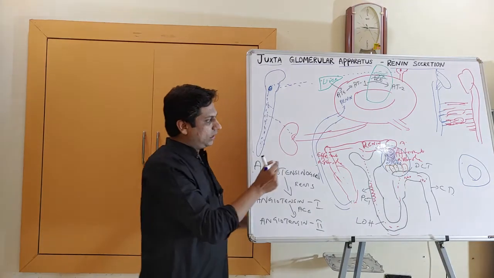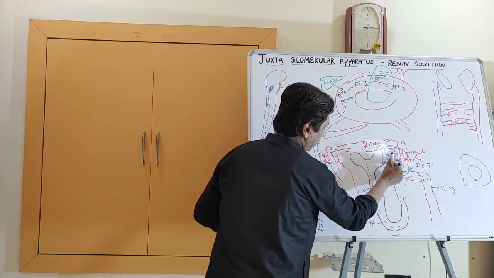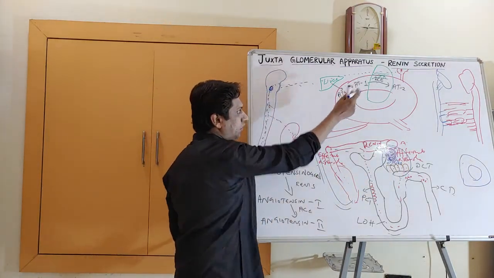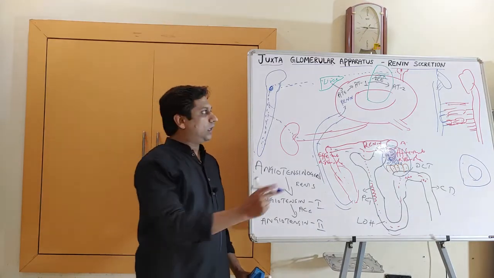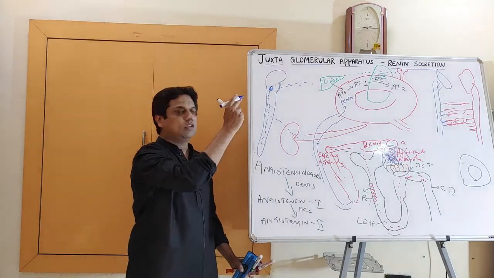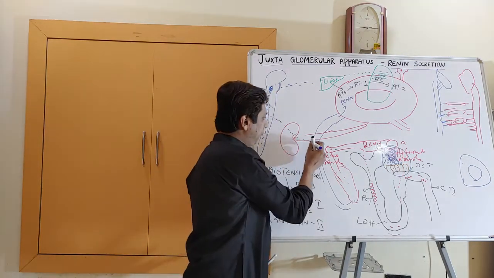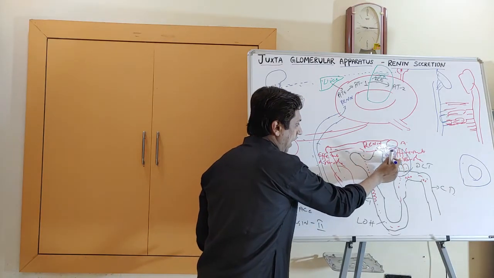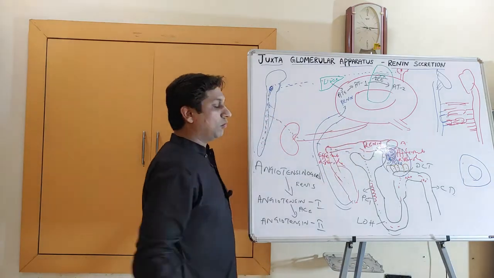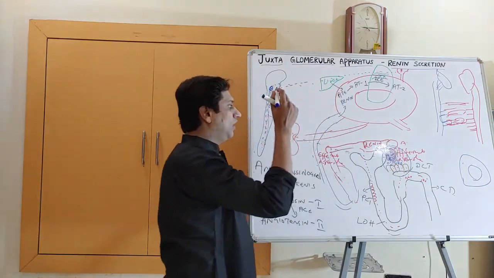In the kidney, it will stimulate the beta 1 receptors, the sympathetic beta 1 adrenergic receptors. So due to the information received by the baroreceptors in the carotid artery or carotid sinus, the vasomotor center in the medulla activates the sympathetic system, and the beta 1 receptors situated in the juxtaglomerular cells are stimulated, and renin is released.